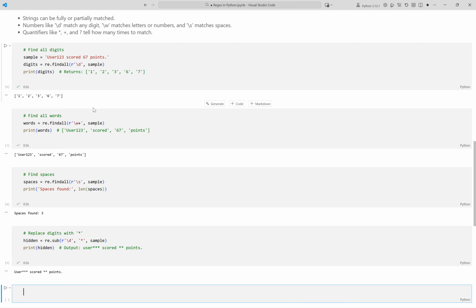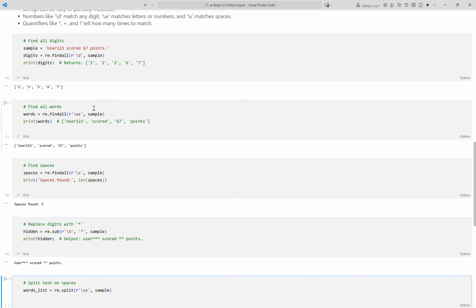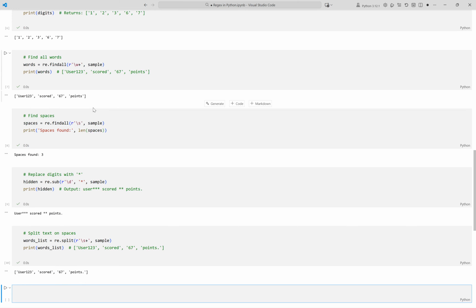Split the sample text wherever there is one or more spaces. Use re.split to do it. Print the list after splitting. Running the cell now. The output shows the text split into separate words using the regex pattern \s+, which matches